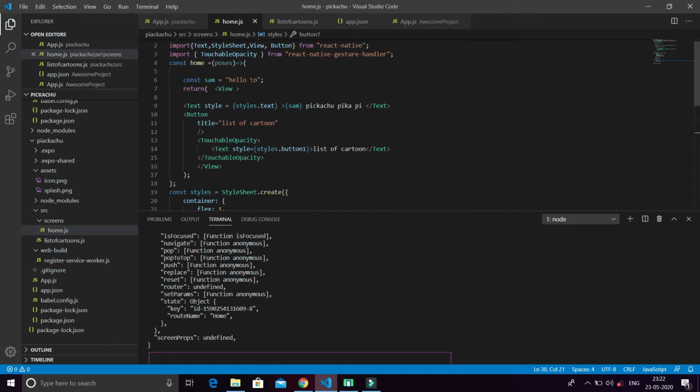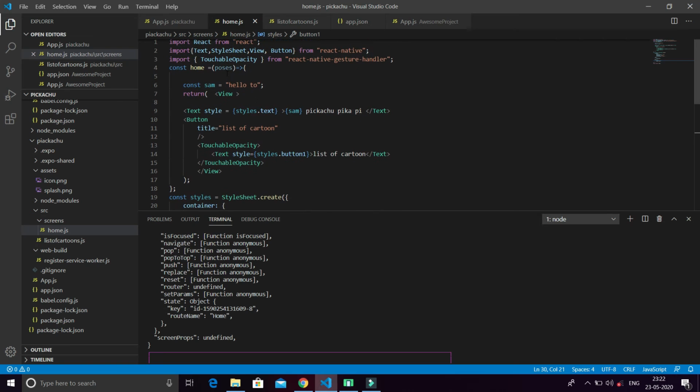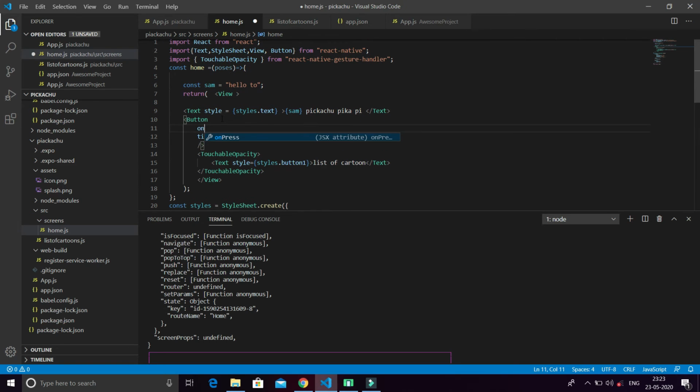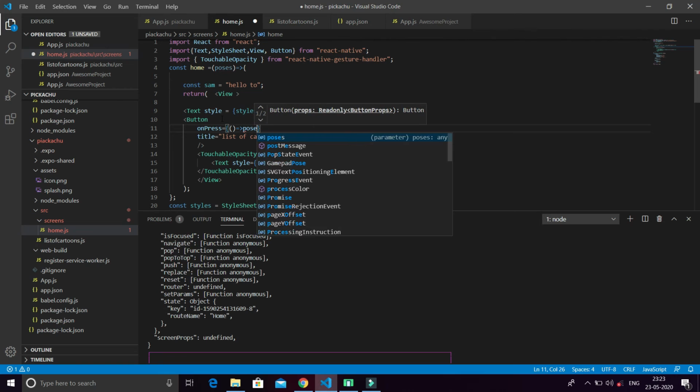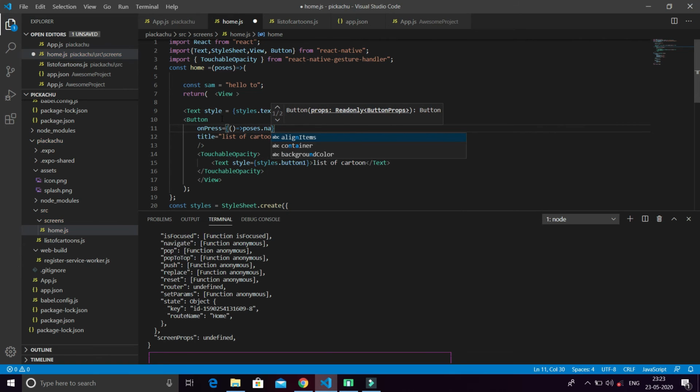And what we have to do in home.js, we have called props here. On press, whenever the button is pressed, I call a function, which is props.navigation.navigate.